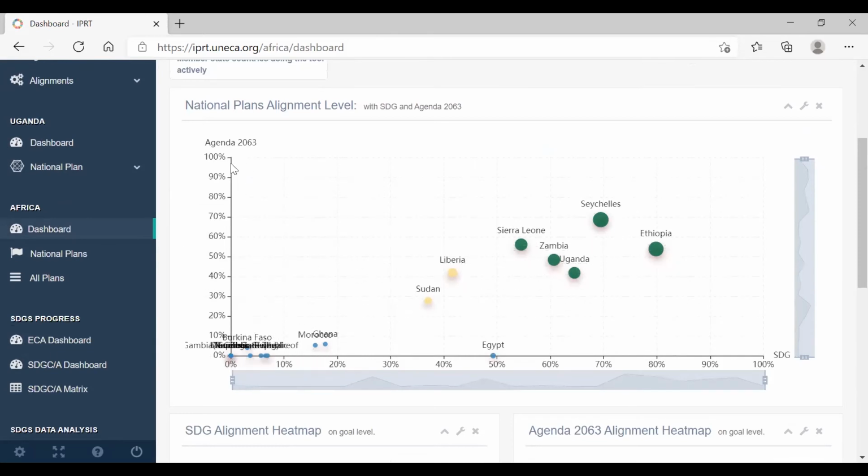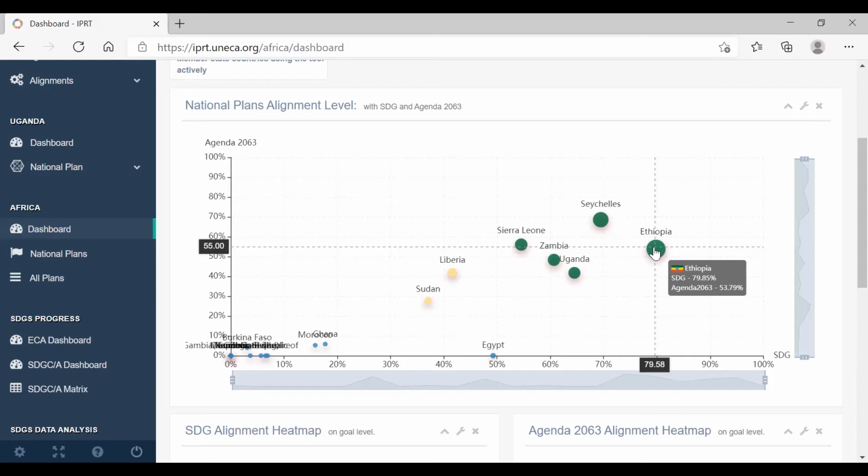whole. What you see here is that on the horizontal axis, you see these SDGs. On the vertical axis, you see Agenda 2063. So in this quadrant, you see that you have countries. Countries are colored as green or yellow. Now for green, there are countries that have better aligned national development plans with SDGs